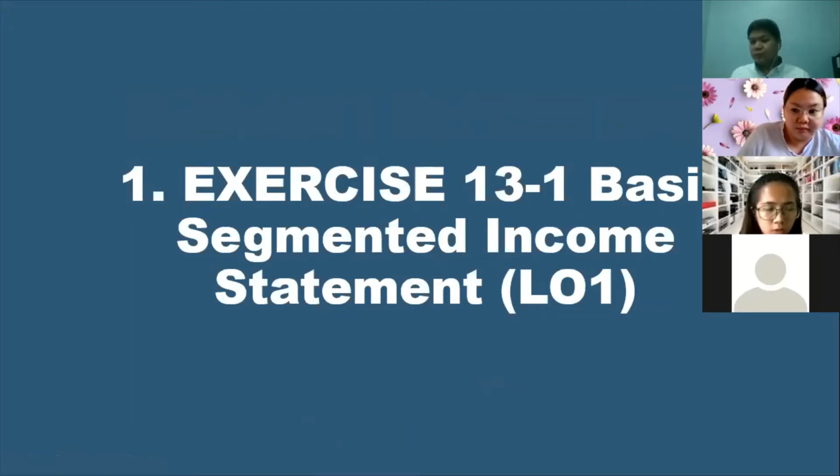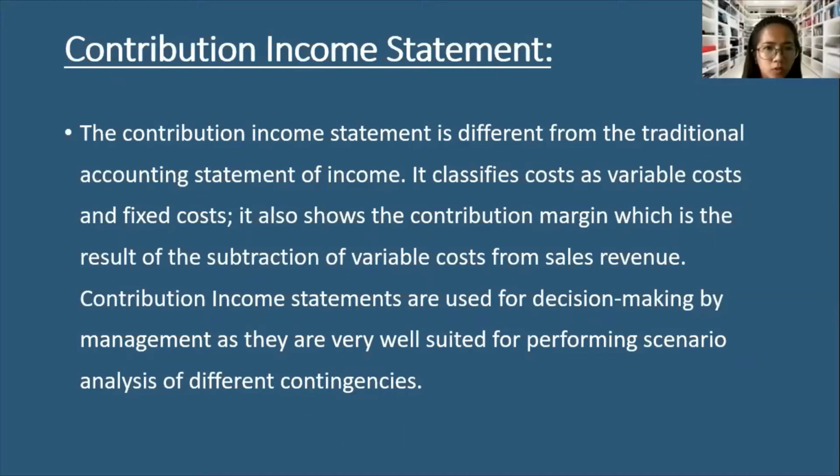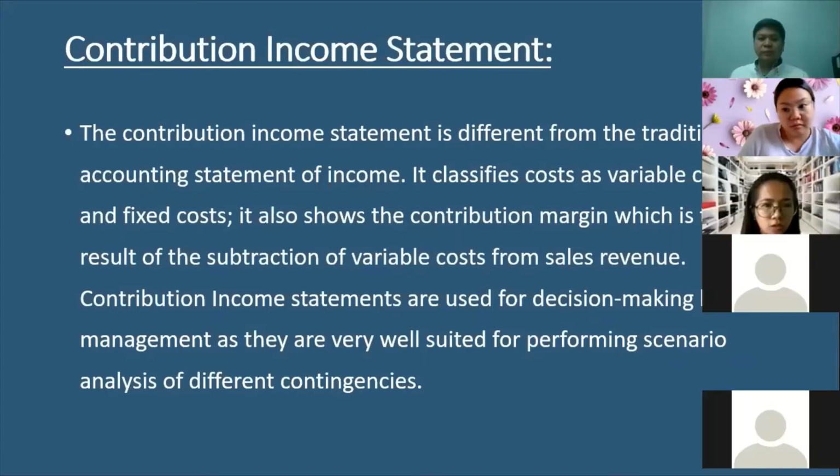So sa next slides po, we define the contribution income statement. The contribution income statement is different from the traditional accounting statement of income. It classifies costs as variable cost and fixed cost. This also shows the contribution margin, which is the result of the subtraction of variable costs from sales revenue. Contribution income statements are used for decision making by management as they are very well suited for performing scenario analysis